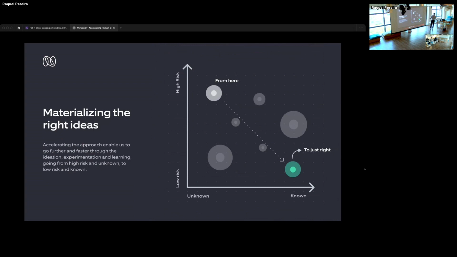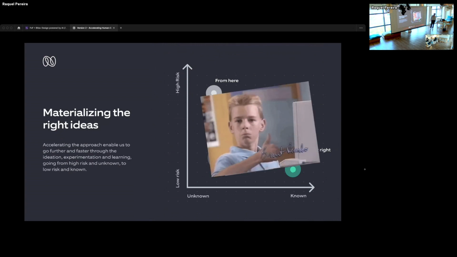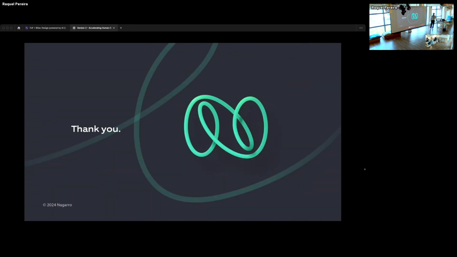Because one of the things that happens today is experimentation is slow, takes too much time, and it's taking too much money to execute the right ideas. So we need to be better at quickly identifying the ideas that are worth it from the ones that are not. And GenAI, I believe GenAI is going to enable us to do that very, very fast. And I think that's a really cool idea. That's it. Short and